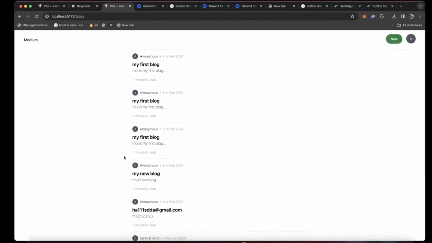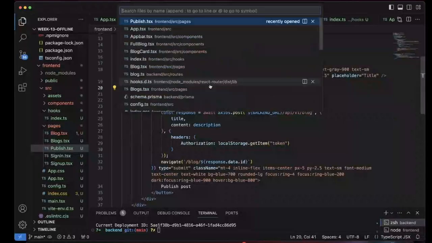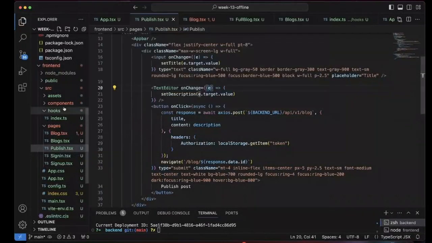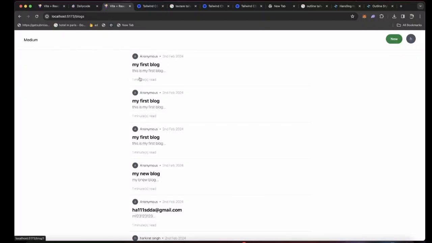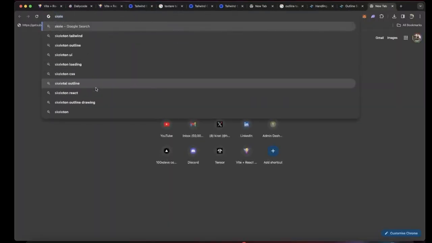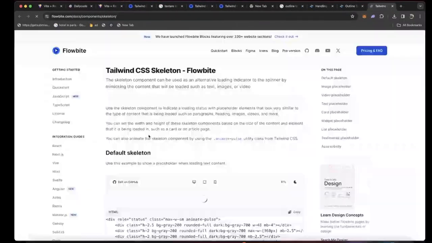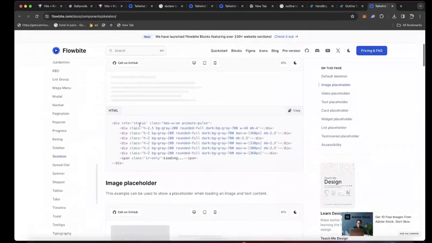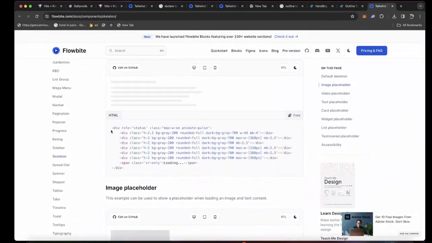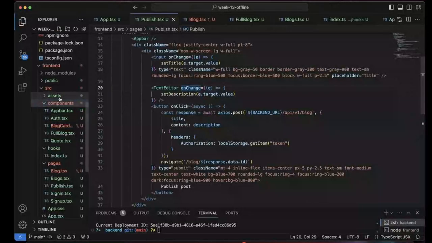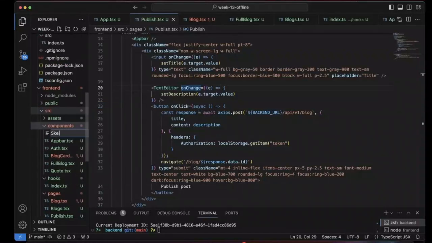What are the things that are pending? Number 1, the skeleton. This loading is ugly AF. So let me implement a simple solution. The real solution is skeletons, which are not too difficult to add. So skeletons in Tailwind. You can create skeletons like these by using this code. So let me quickly create a skeleton component. Skeleton blog